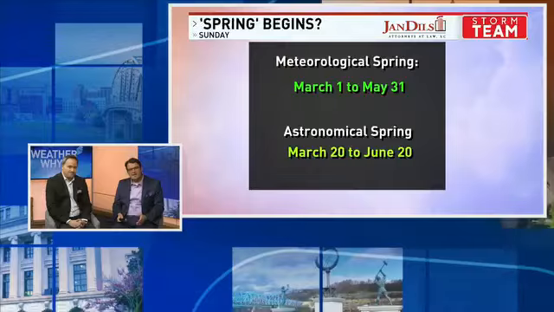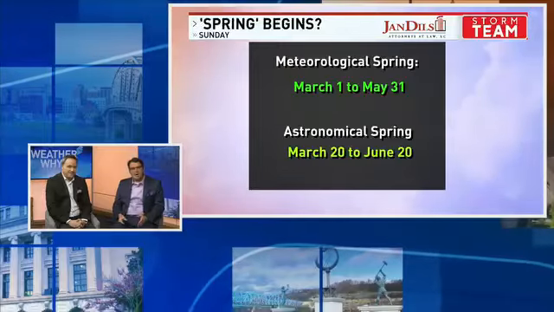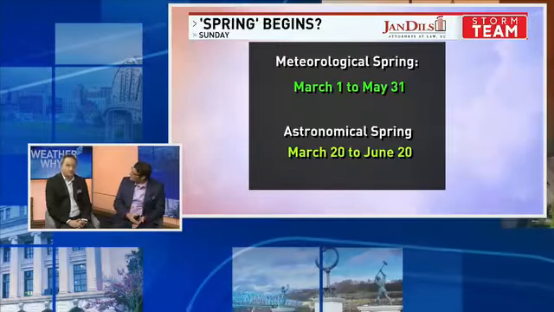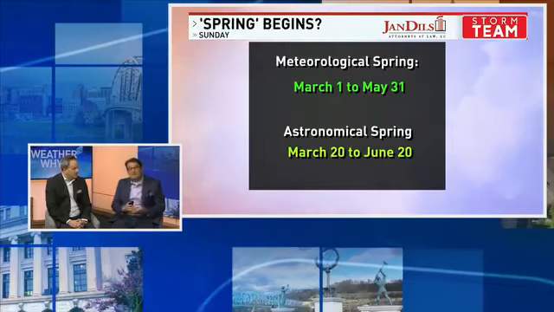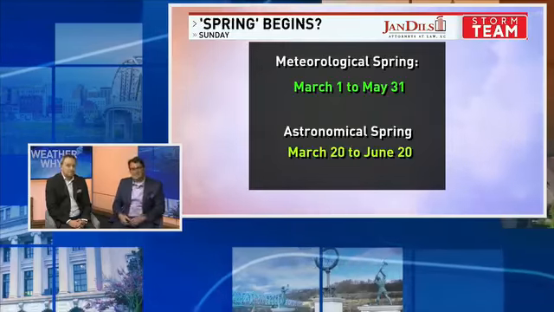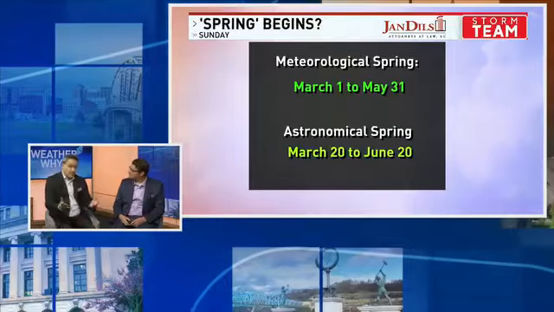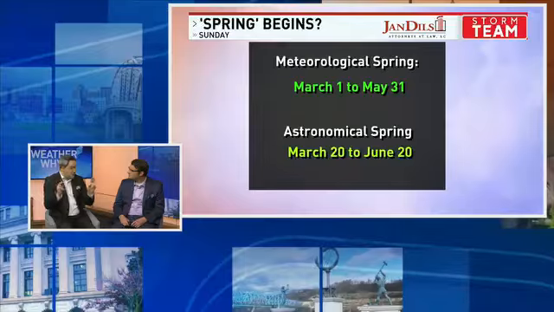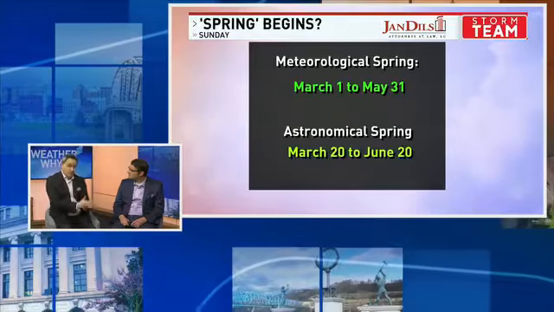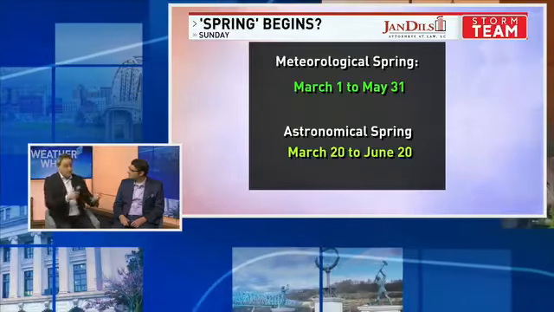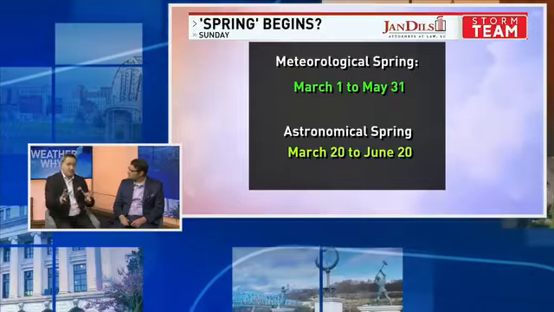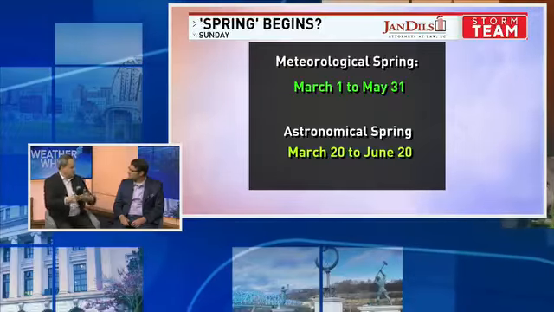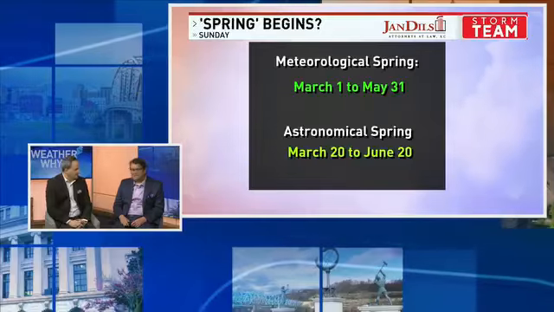Now, these astronomical seasons often are set on specific days just by the science of how things rotate. But this differs a little bit from how we keep records in meteorology. Yeah, that's exactly right. Astronomical spring beginning this year on March 20th, but we consider weather spring or meteorological spring to run from March 1st to May 31st. Easier to keep climate stats, and generally those are the months in which you expect some spring-like weather. Very neat information, Brandon.